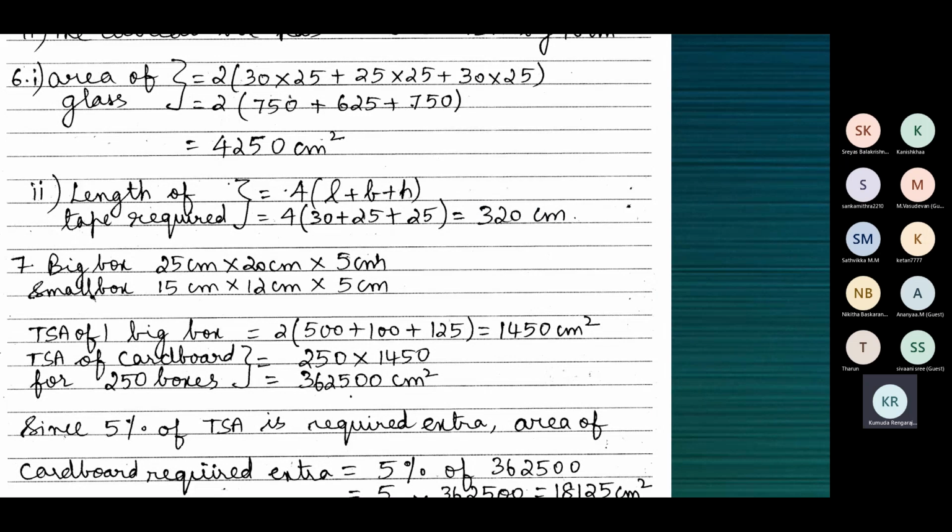So in the sixth question, the fifth one is simple, children. I'm sure you can manage. The sixth one: a small indoor greenhouse, in brackets you can see herbarium, is made entirely of glass panes, including the base. That is, glass panes are used all over to construct this greenhouse.